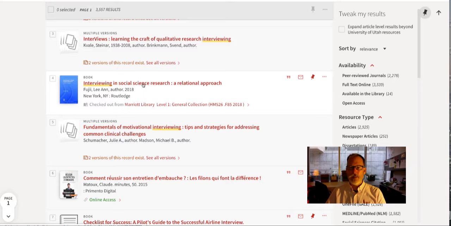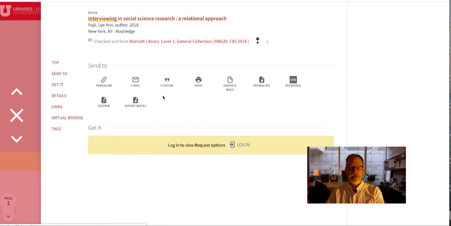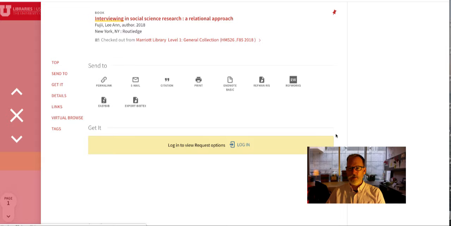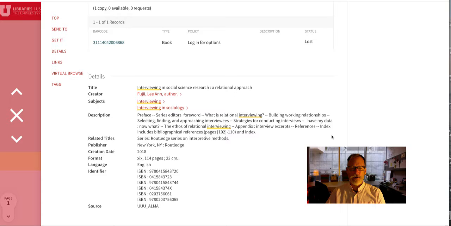But let's go in and let me show you if this one was a really good one for you. You could go in, and even though it's checked out, you could go in and see how it's described, and you can use that for other searches. So our wonderful librarians have, I'm waiting for the record to build. Okay, the wonderful librarians have put together